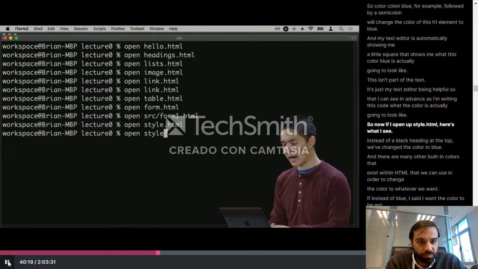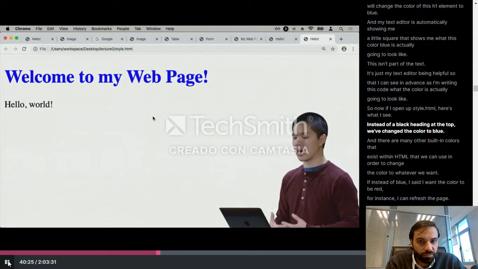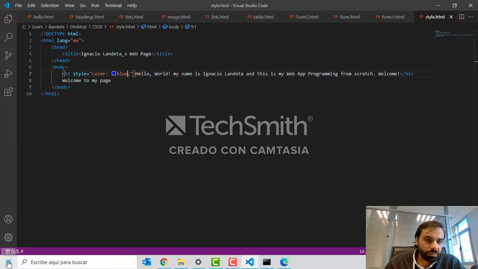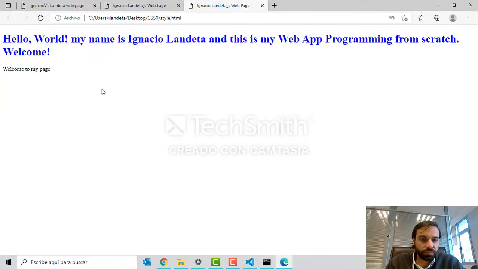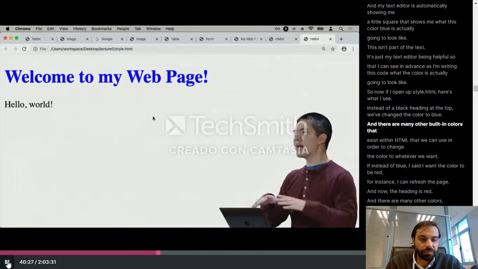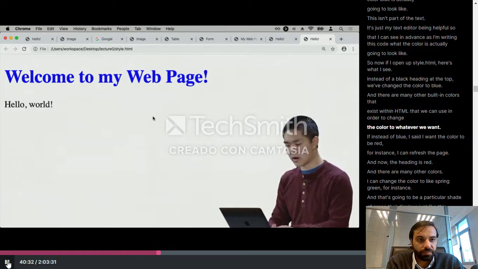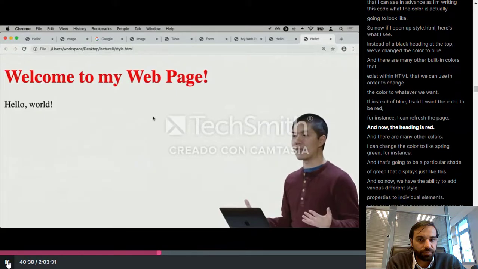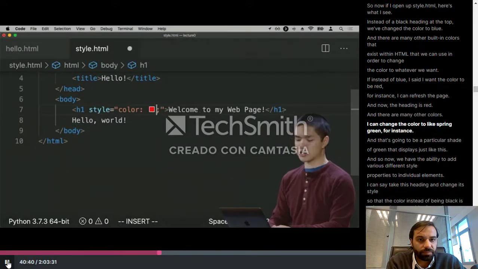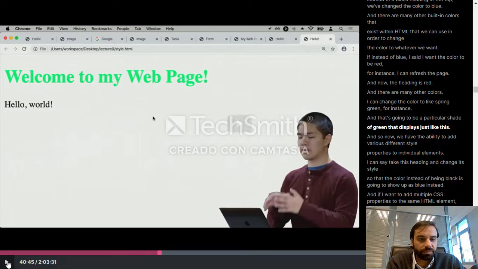So now if I open up style.html, here's what I see. Instead of a black heading at the top, we've changed the color to blue. And there are many other built-in colors that exist within HTML that we can use in order to change the color to whatever we want. If instead of blue I said I want the color to be red, for instance, I can refresh the page, and now the heading is red. And there are many other colors. I can change the color to spring green, for instance, and that's going to be a particular shade of green